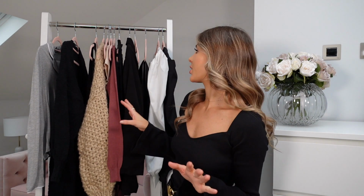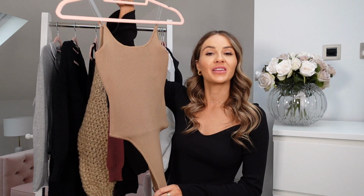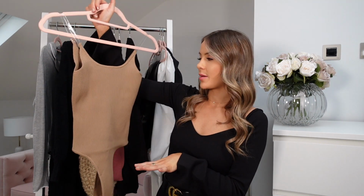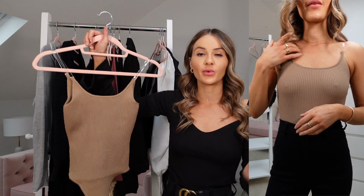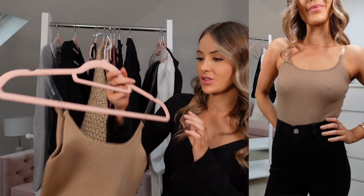Yeah, between the jeans that I'm wearing and those leather trousers, they will work with the next few tops I'm going to show you. Next, I went for something really, really simple. It's just a little camel bodysuit. It's ribbed. It's got a really nice bit of stretch in it. So this is going to be absolutely fine not wearing a bra, which is what I always like to do when I have bodysuits. It also has these clear little perspex straps, which I just thought was a really sweet